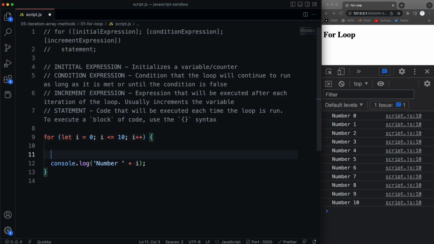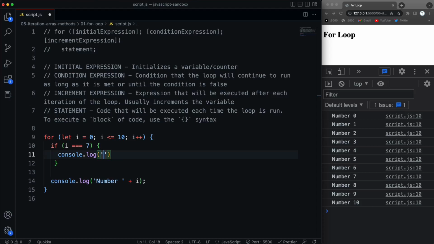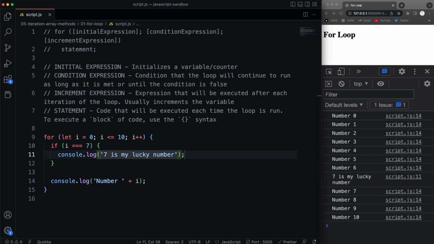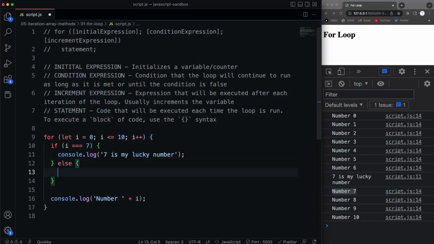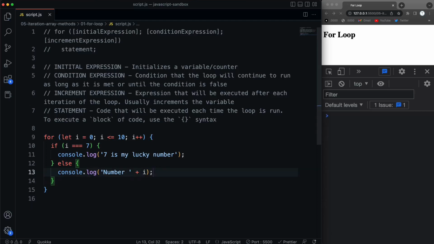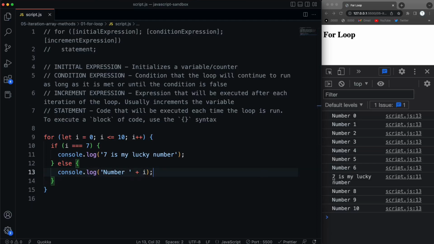Now you're going to have situations where you check to see if i is equal to something or greater than or less than something, and maybe do something else based on that. So for instance, if I want to put in an if statement here, and say if i is equal to 7, then let's say I just want to output "7 is my lucky number." So I want to output that if it's 7. And then if I didn't want number 7 to show, I just want this "7 is my lucky number," then I could put an else and then move this into here. So now if I save that, it's not going to show number 7, it's just going to show